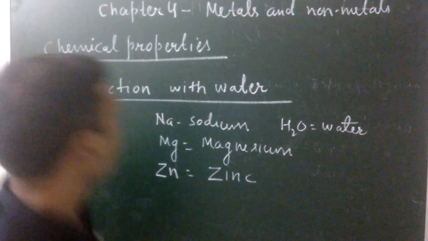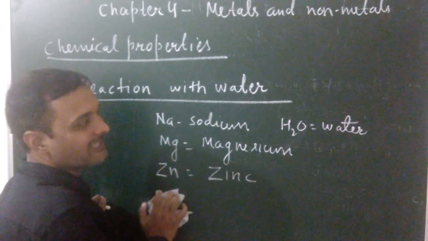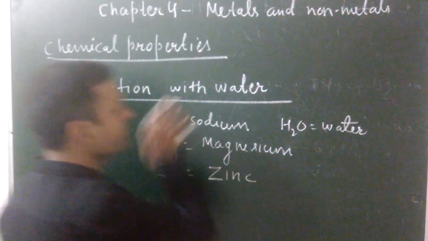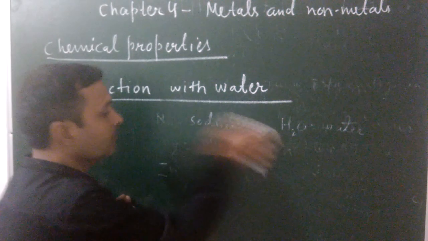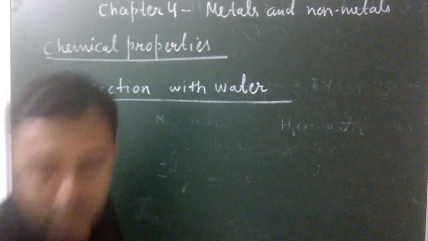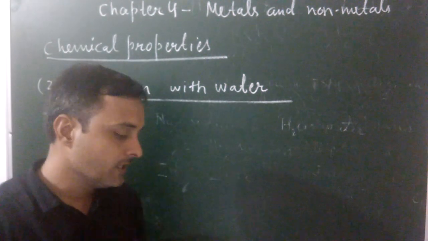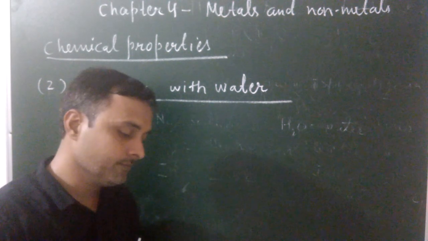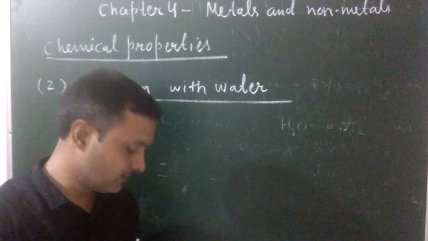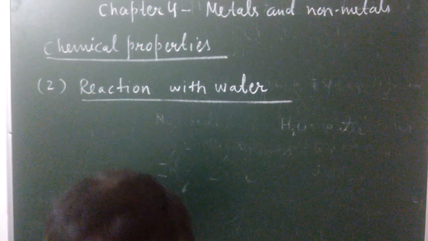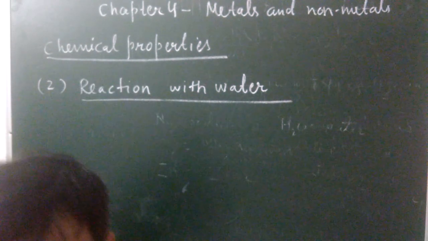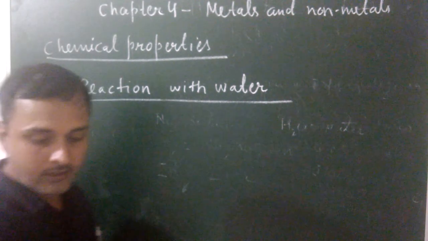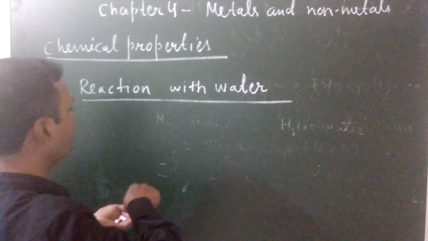Now see, when these metals react with water, they will give metal oxides or metal hydroxides. You can see it in your book also, on page number 44. You can easily find these chemical reactions. Metal oxides or metal hydroxides are produced. So when a metal reacts with water,